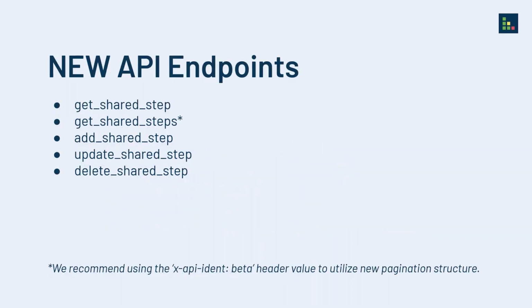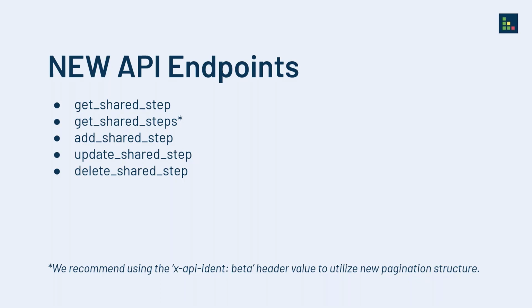The new API endpoints are get shared step and then get shared steps in bulk, so you can get those individual shared steps or all shared steps for your projects. Then there are add shared step, update shared step, and delete shared step. So with the get shared steps endpoint,